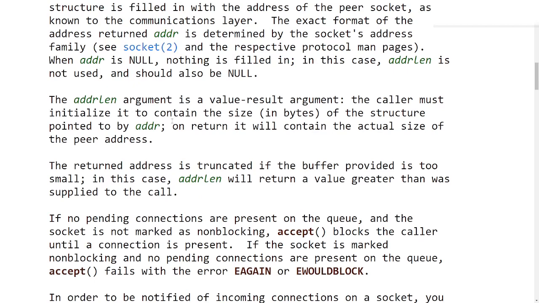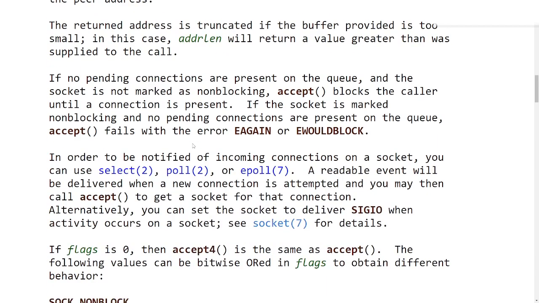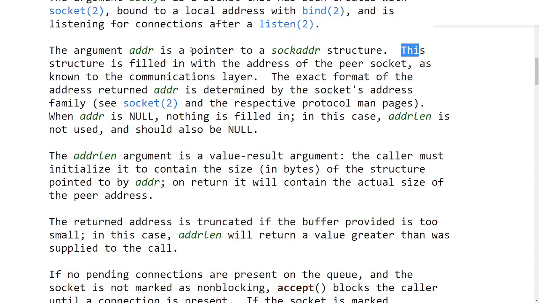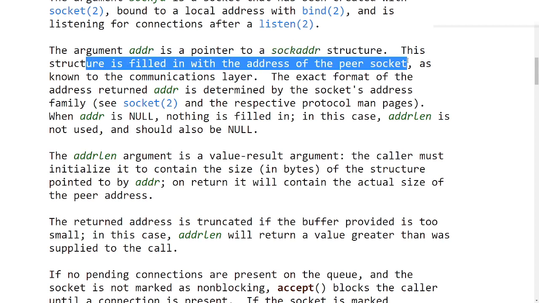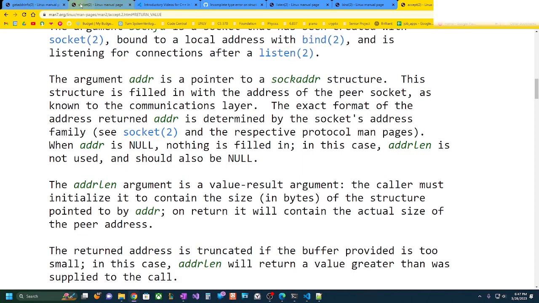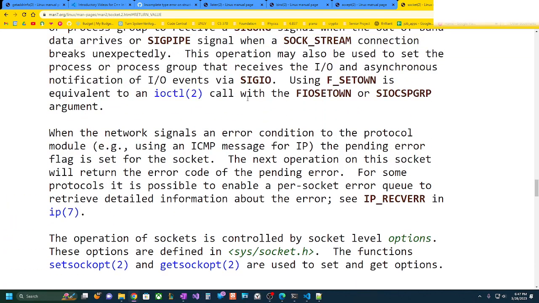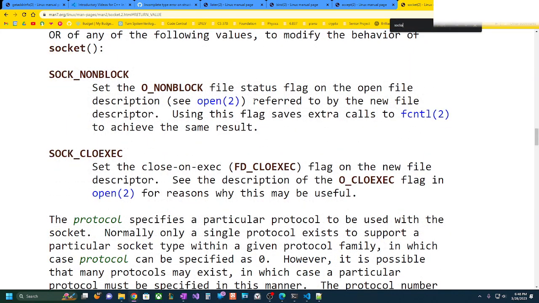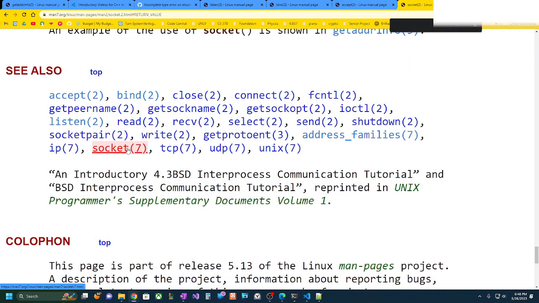So ADDR is going to be a sockaddr structure that is filled in with the address of the peer socket. Now, I happen to know of something very specific over on the socket man page. Let's do a find on sockaddr. Okay, on socket(7),